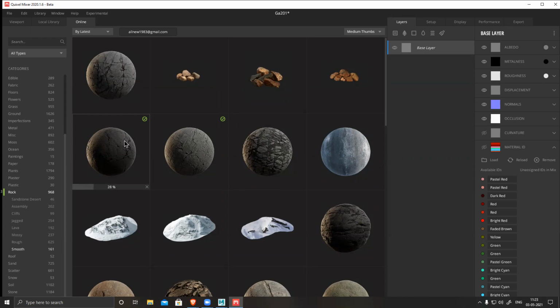So choose something generic for everything initially. Then each and every layer I'll separate one by one.